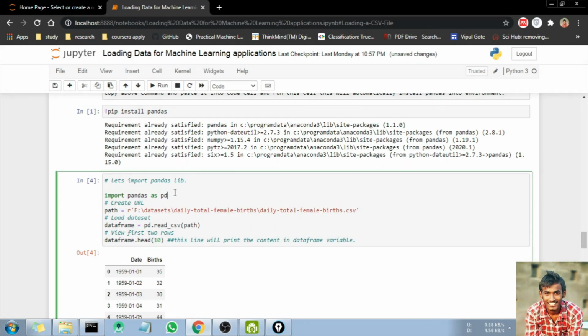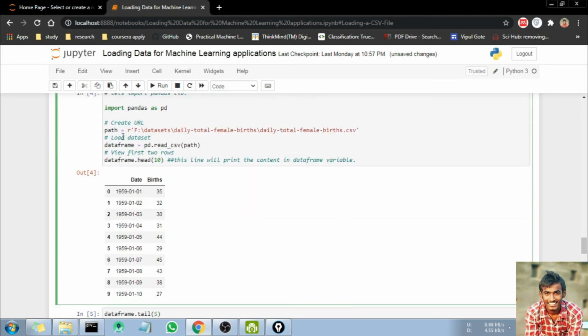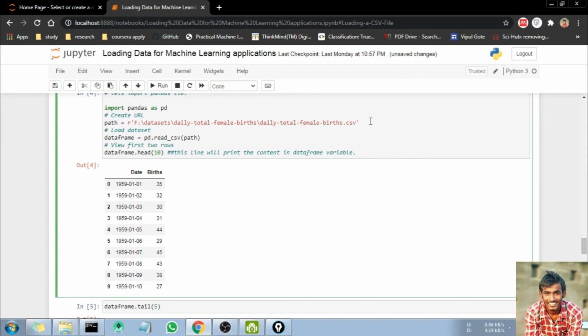So now we are going to import pandas as pd. Here I declared a CSV file path. Remember guys, remember to put this r before declaring any path in your system. Make sure that you put this r for reading, and I'm going to assign this path to a path variable.